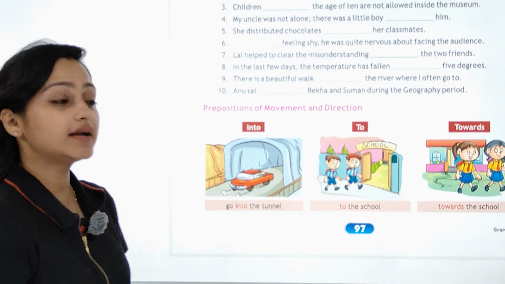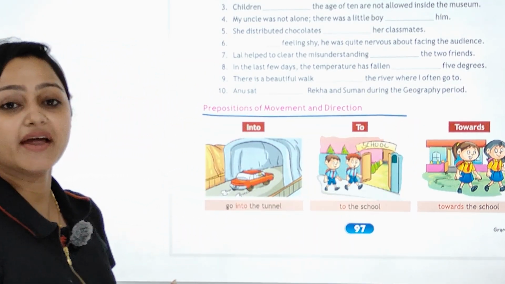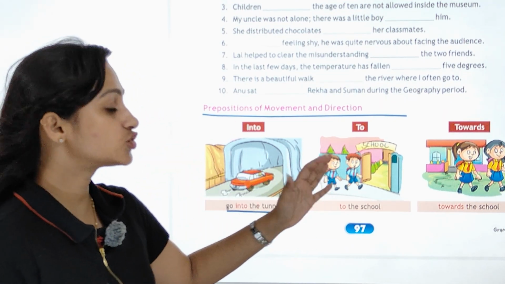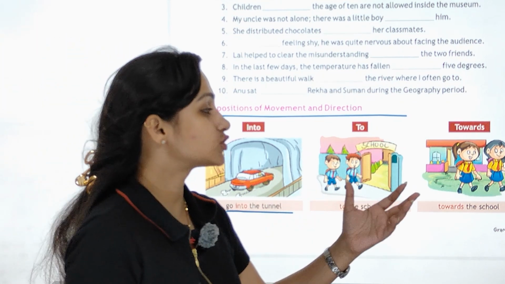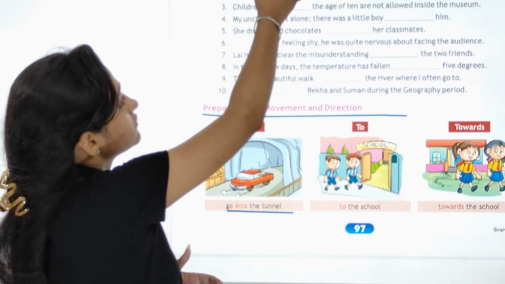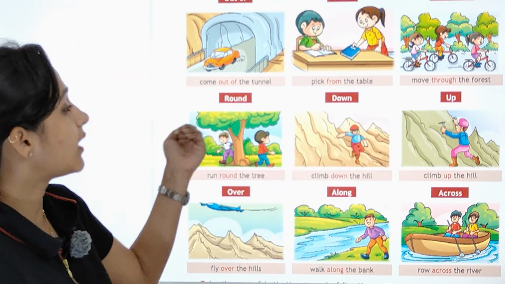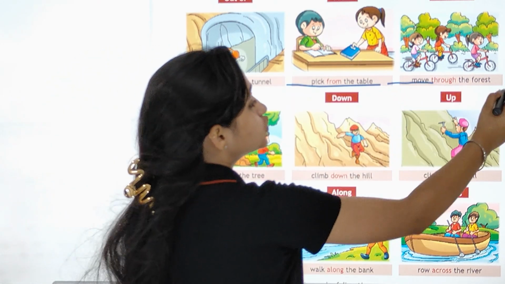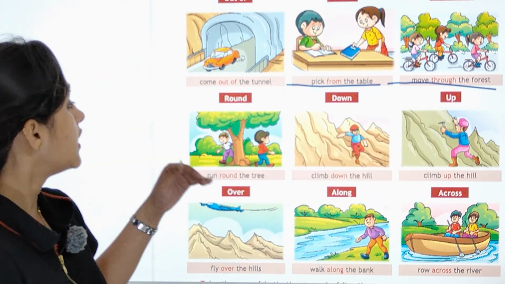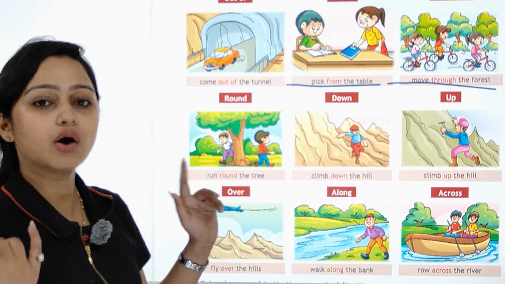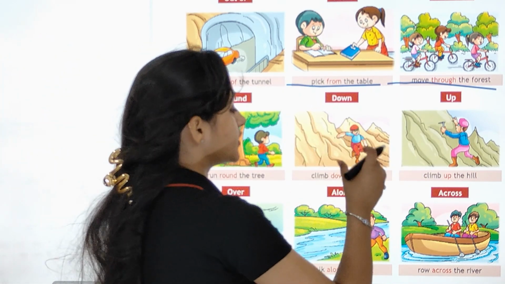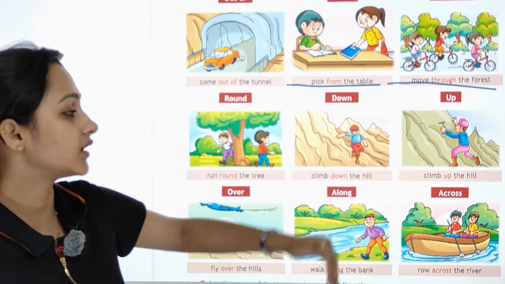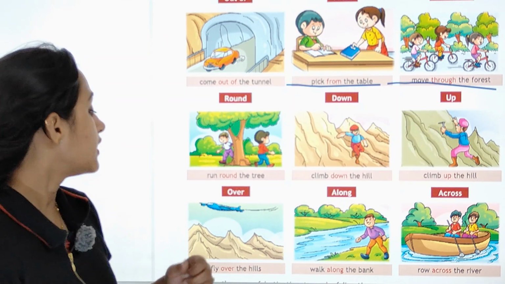Now prepositions of movement and direction: into, to and towards, like go into the tunnel, tunnel के अंदर, to the school मतलब school तक, towards the school मतलब school की तरफ, out of मतलब tunnel से बाहर, come out of the tunnel, from, pick from the table मतलब टेबल पे से, move through the forest, through मतलब forest में से, run round the tree, round मतलब गोल गोल, climb down the hill, down the hill मतलब hill पे से, climb up the hill, hill के ऊपर,